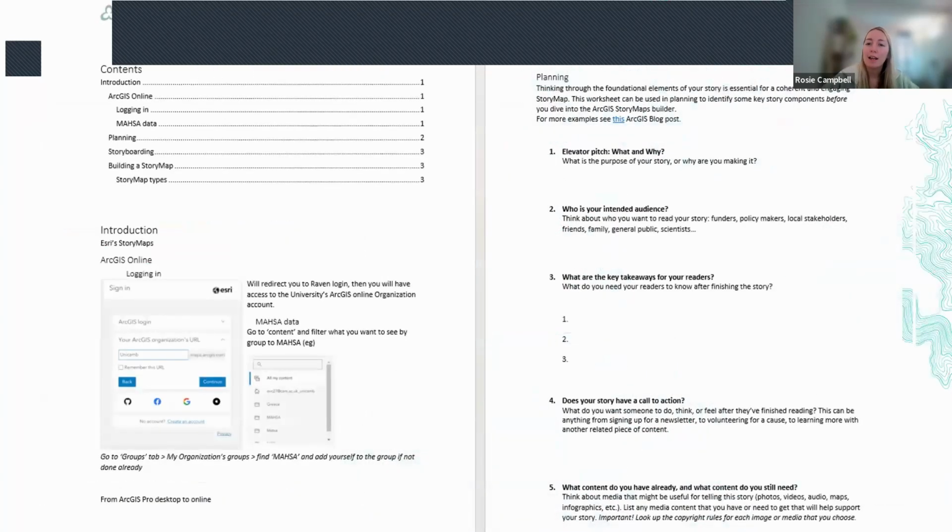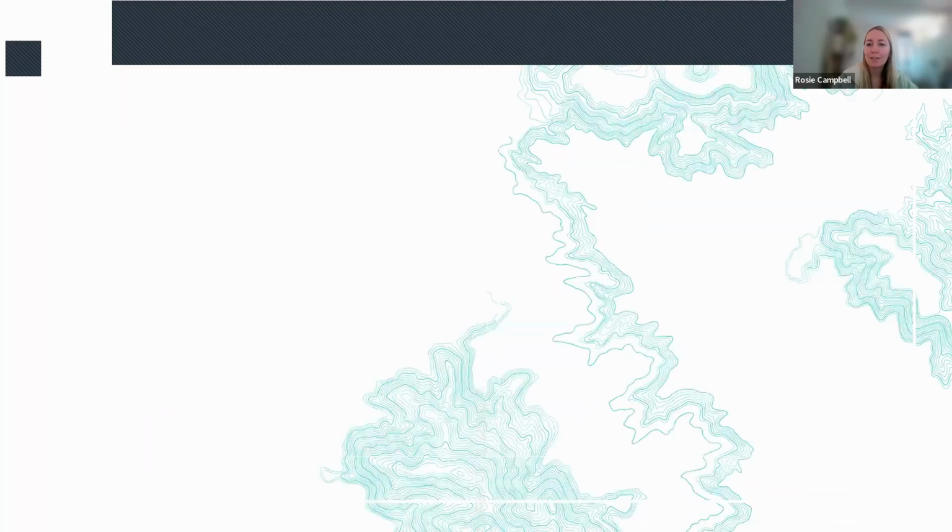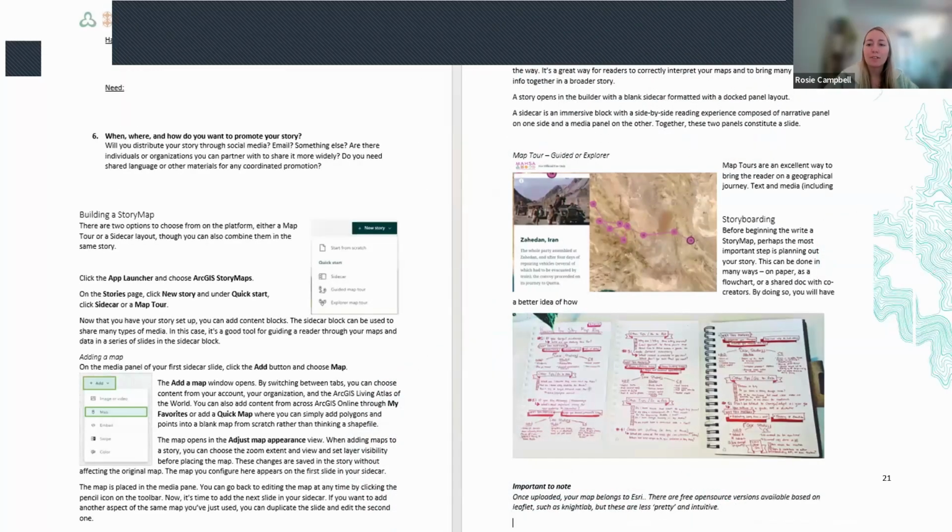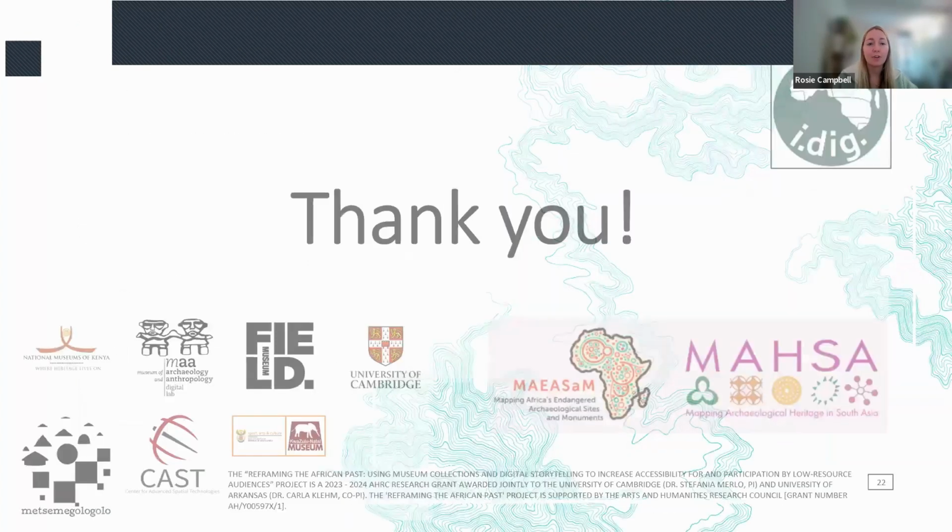And kind of finally, we've actually developed a guide for planning and creating your own story map that includes a lot of tips and also what's available. It is actually based on, as well as our own understanding of things, a really fantastic resource that ArcGIS produced itself, which is a story map on how to make story maps, which of course I'm more than happy to share. And as well as storyboarding, this also gives a summary of ArcGIS's story maps, so how to create one and the various options that are available. So if you would like a copy, please feel free to let me know. And I can also send a tutorial.